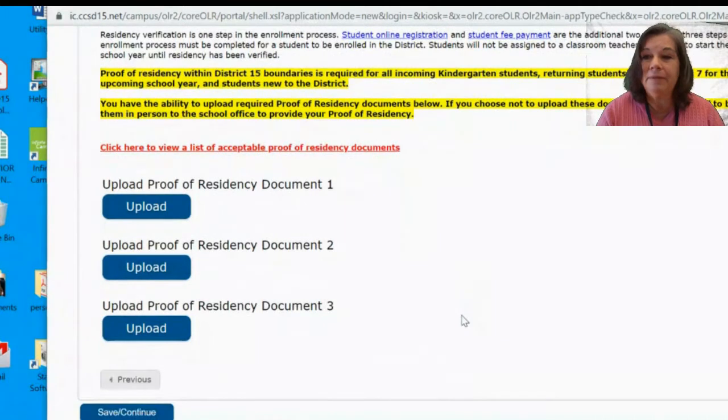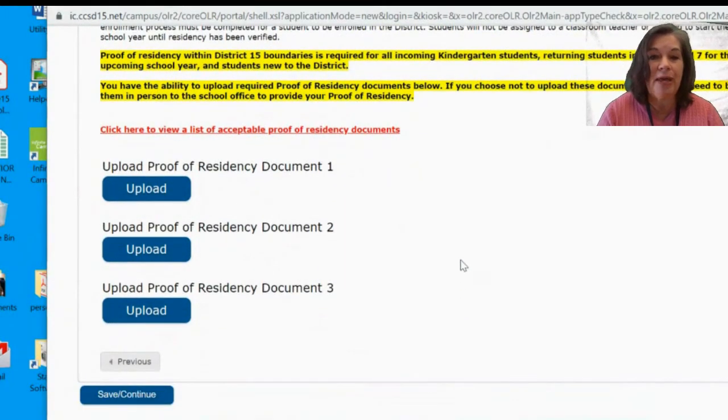As you scroll down, you'll need to provide your proof of residency, and you can upload these documents directly into your application. That's the easiest way to do it. If you're unable to do that for some reason, you can email or bring them into the school. To upload, you would click on this upload button,